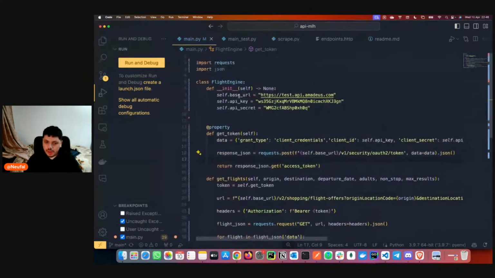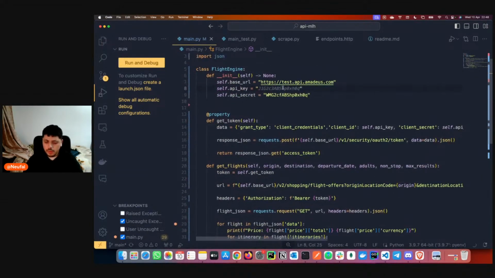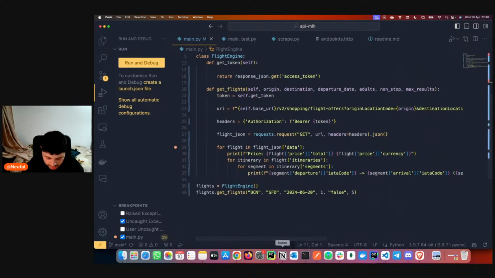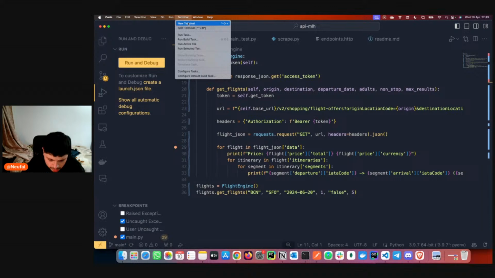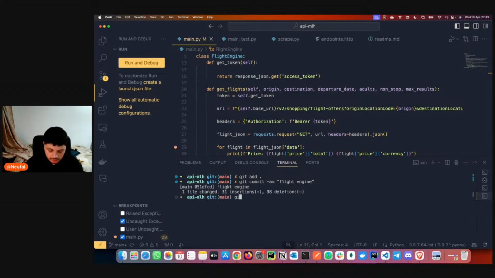So this is an example. I can upload the code if you want. Let me delete this and upload the code. We'll just git add everything, commit, and call it flights engine.